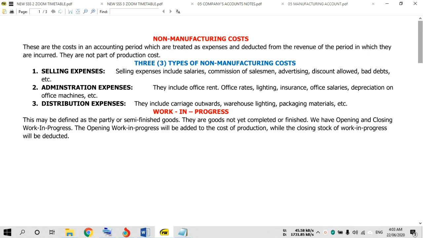There we said that cost of production is subdivided into two parts, where you have the prime cost